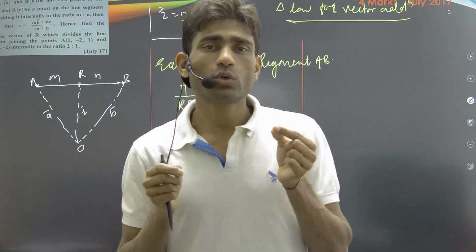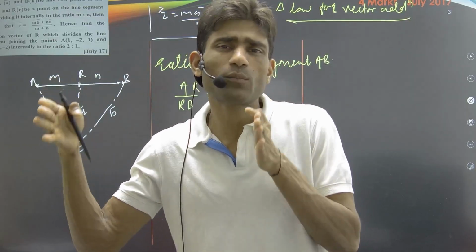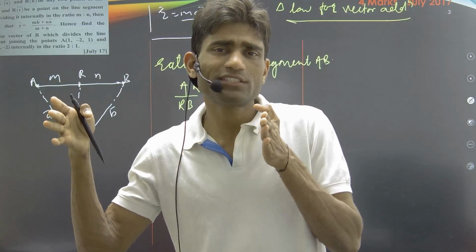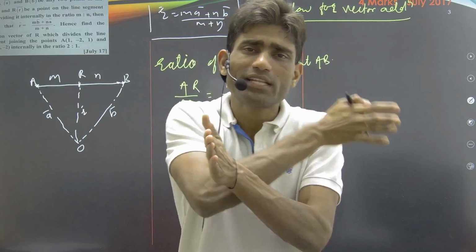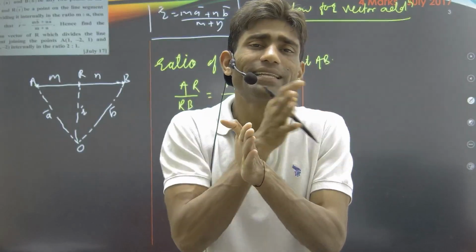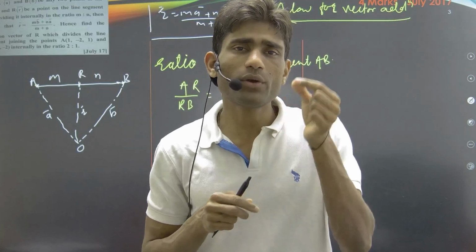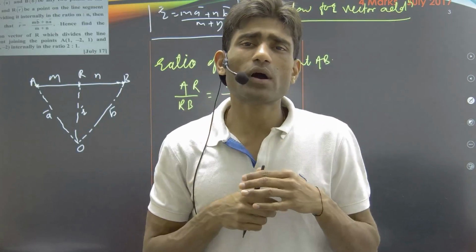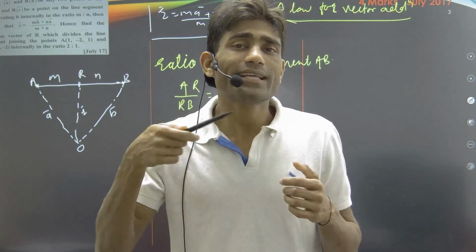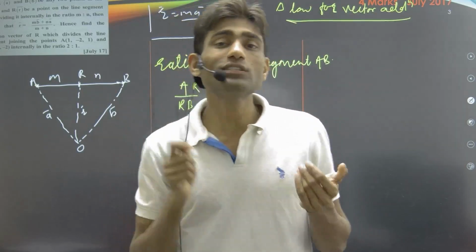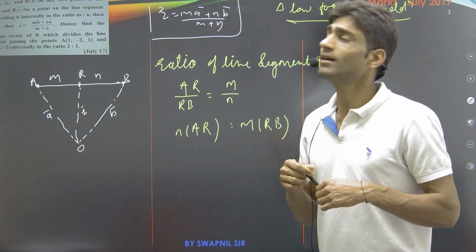Okay, so if we go from point A to point B, and we consider this as the positive direction, and if we reverse the direction, from point B back to point A, we get the opposite direction for our given line segment. Whenever we come across the opposite direction for our line segment, it gives us a negative sign. That means we get the negative sign when we change the direction of our line segment.